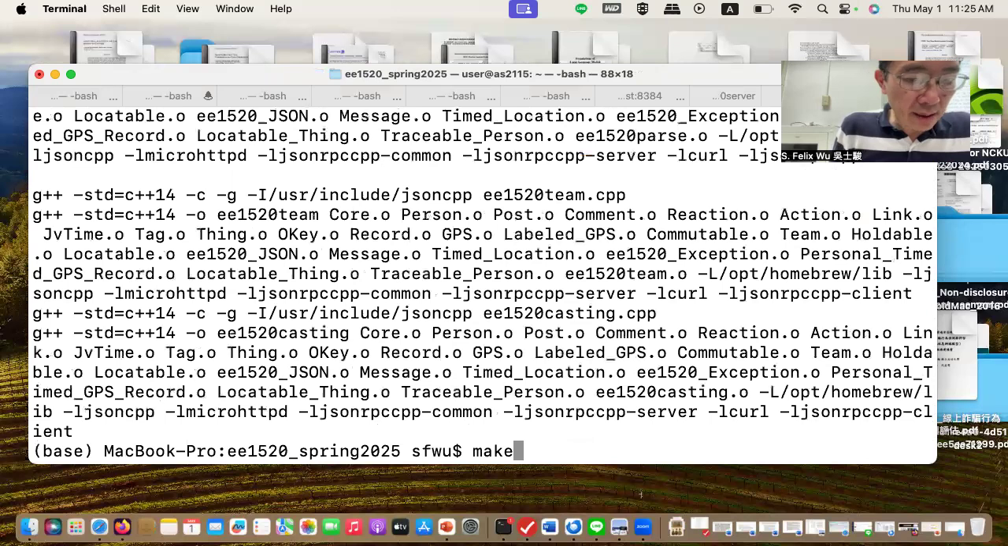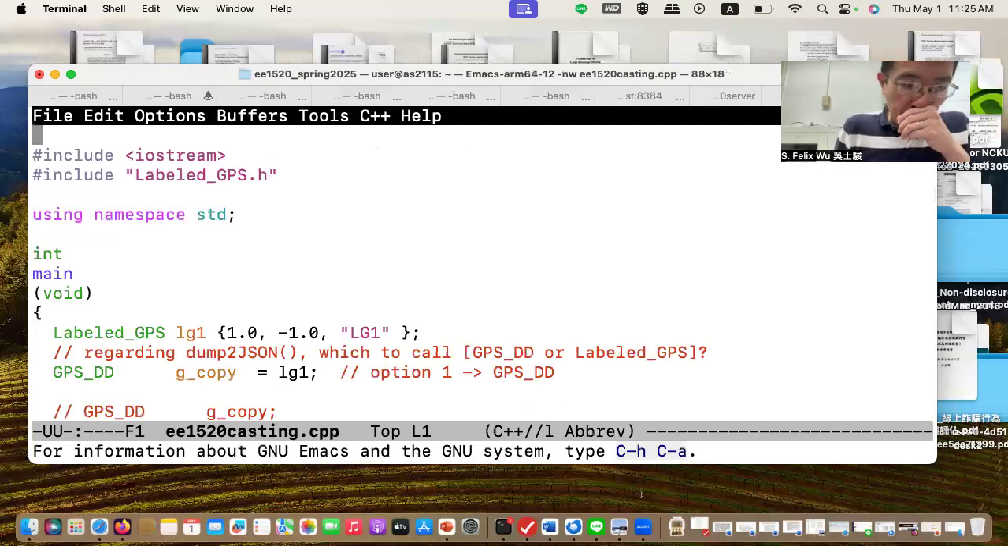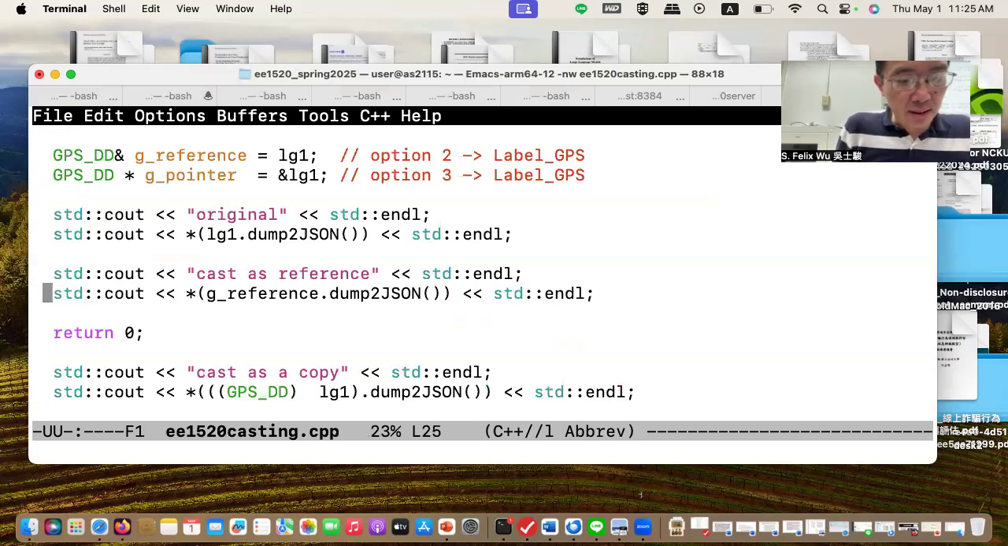Now I'm expecting the second one is going to call the regular one. Huh? It's still doing this? Reference? Does that make sense? Okay. That's fine. I have to do a casting probably. So LG1, oh, wait a minute. I have to do a casting. Let me do a casting for this one. If I do a cast,